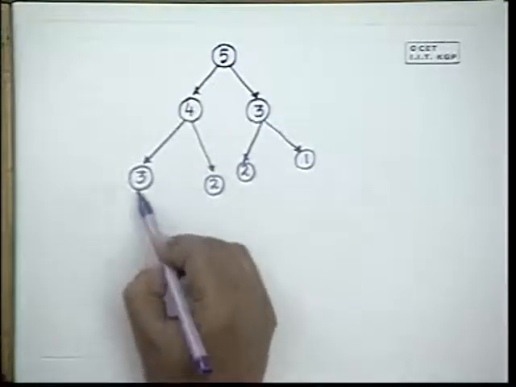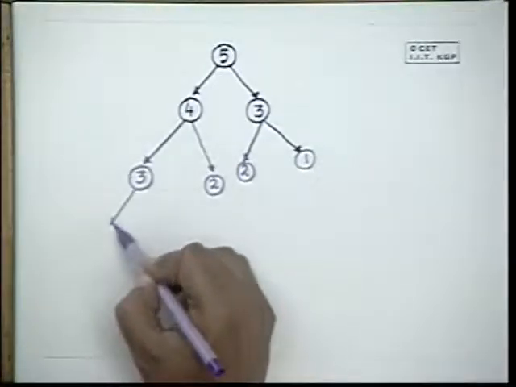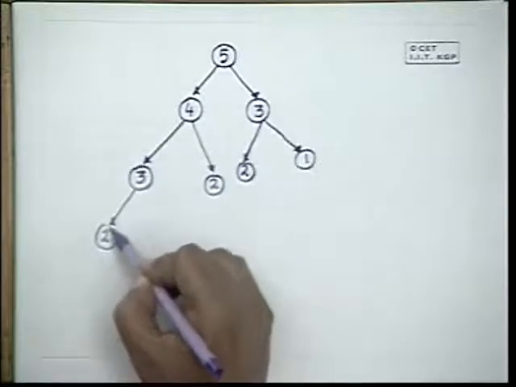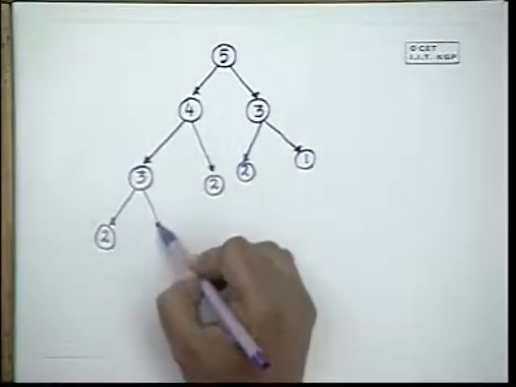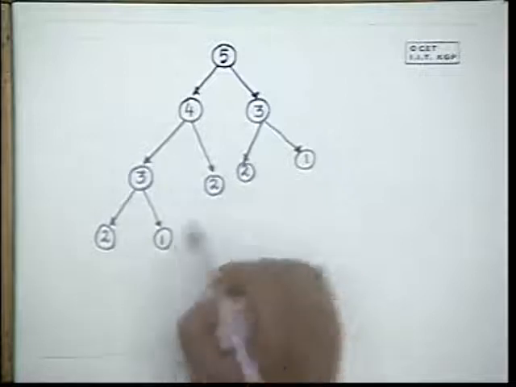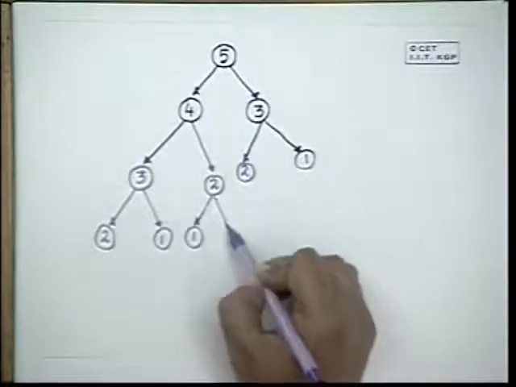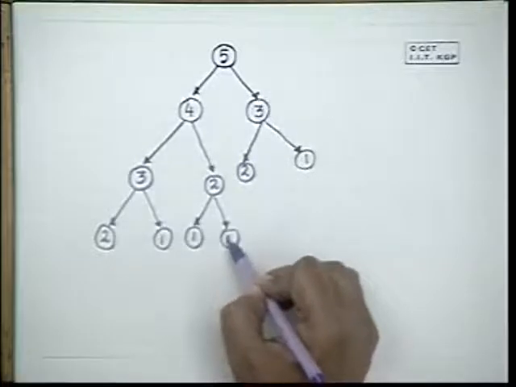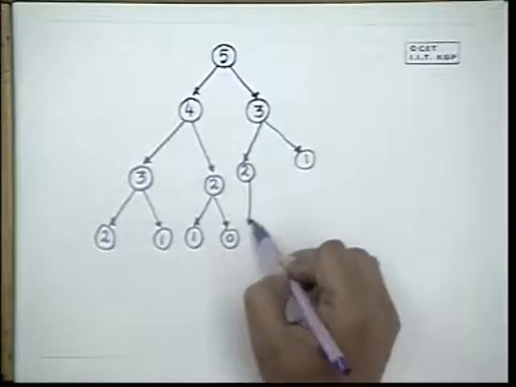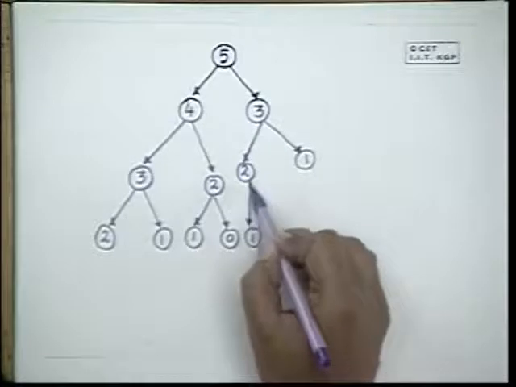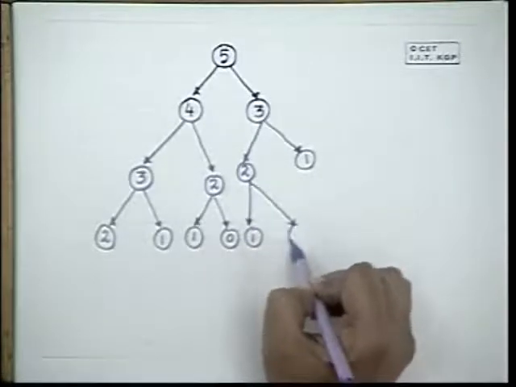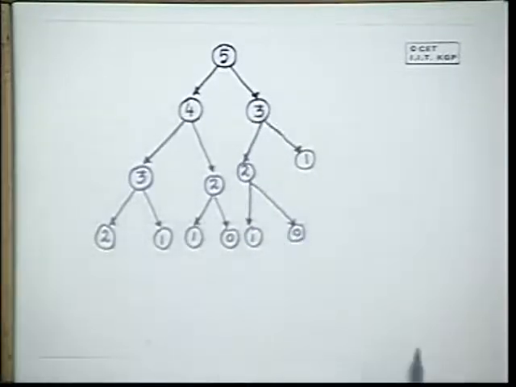To solve this one, again you have to solve 2 and 1. To solve this 2, you have to solve 1 and 0. To solve this, again you have to solve 1 and 0. This is the complete